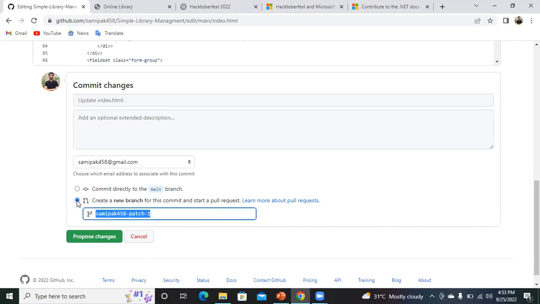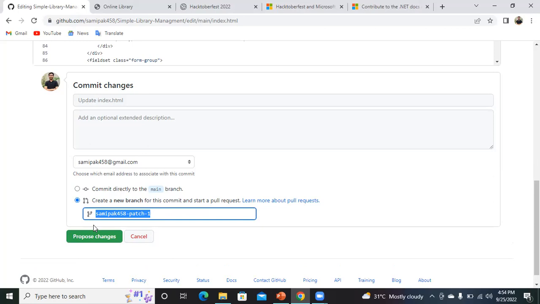If you click on it, you can see it is creating a new branch. It is not committing directly to the main branch, exactly what's happening when you are contributing to a project. It will add changes in your copy of the original repository, which is the fork. So when you do it, the changes will be created.